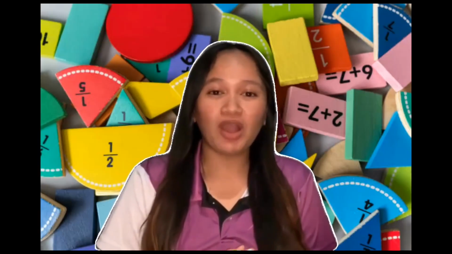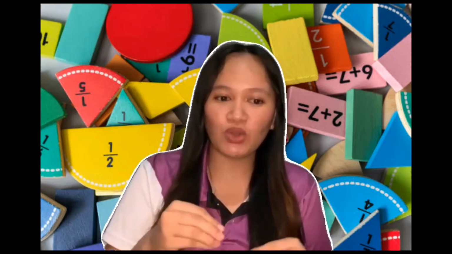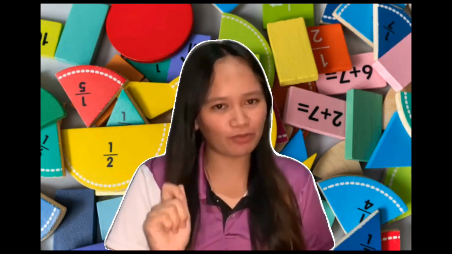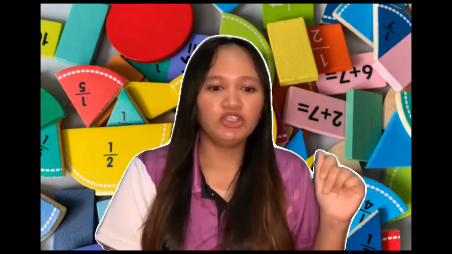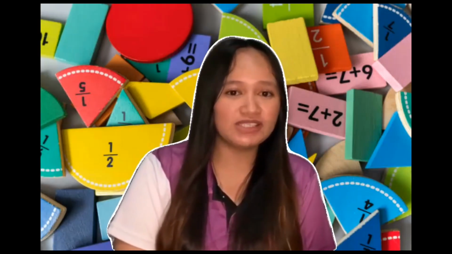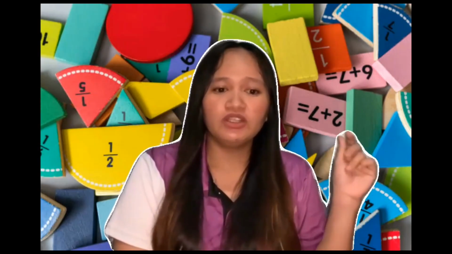Before we proceed with our proper discussion, let me first recap what a fraction is. A fraction is a way to represent a whole, or it shows the number of equal parts you have taken out of the total number of parts. A fraction has two parts, the numerator and the denominator. The numerator tells us how many parts you have, and the denominator tells us how many parts the whole is divided into. The numerator is the top number, and the denominator is the bottom number.